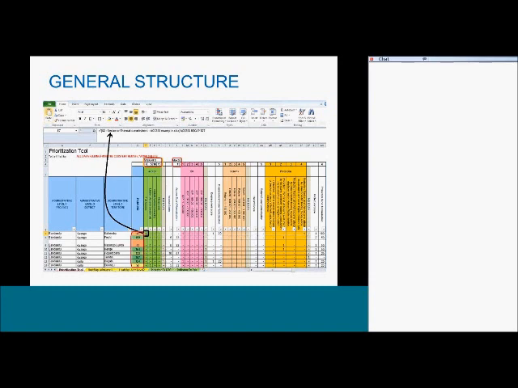The 0-0 compilation worksheet is what we could call the master document, the master worksheet that is seeding from all the sector, cluster, and thematic worksheets. So for instance, this is a print screen of the compilation worksheet. And you can see that here in green, you have the access